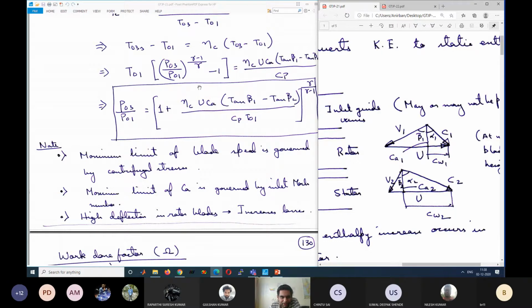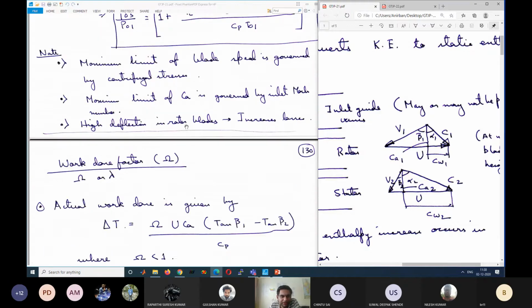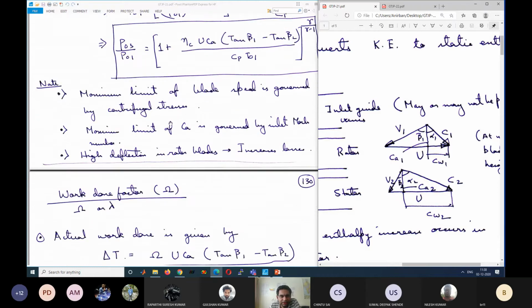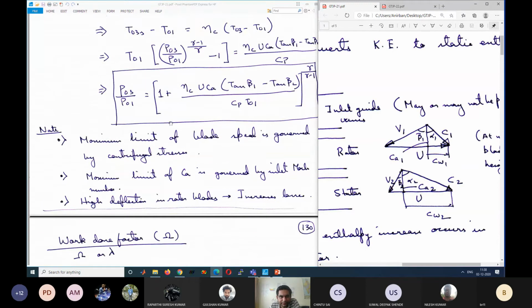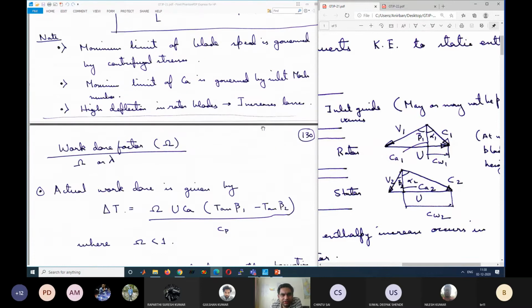So this is how we can calculate. I have given some problems in the assignment sheet, and I will suggest some problems in the next class from the book if some additional problems are present. If I can find some additional problems which you can solve, but go through the problems in the assignment sheet after today's class so that you know how to solve these things. This is how to find the pressure ratio for a stage. Instead of blade angles, if flow angles are given, you can also find the pressure ratio.